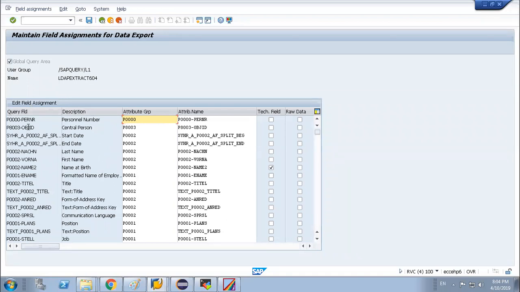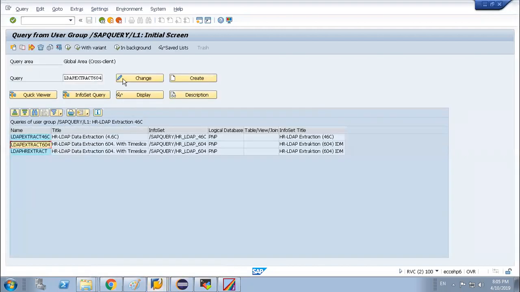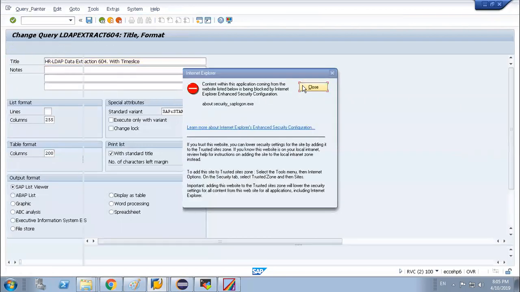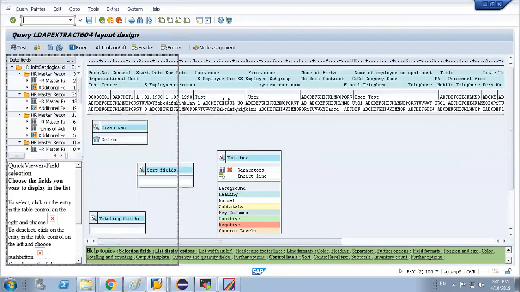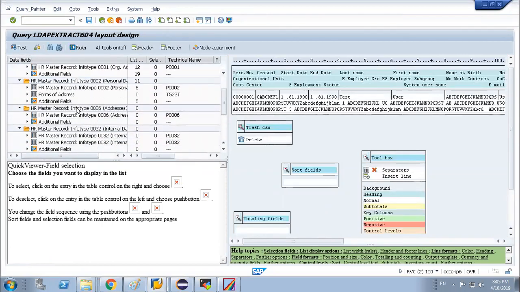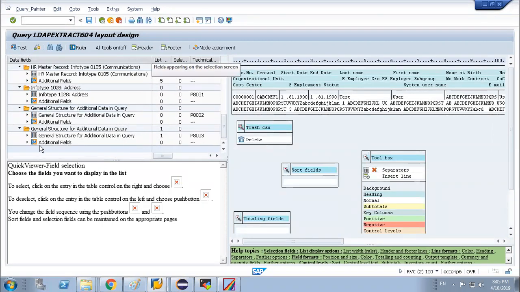From where are these attributes coming? These attributes are coming from this query area. If you go to the basic list, go to the query area, you will see all that information. P008, right? So where is the P800? Last one, 800.